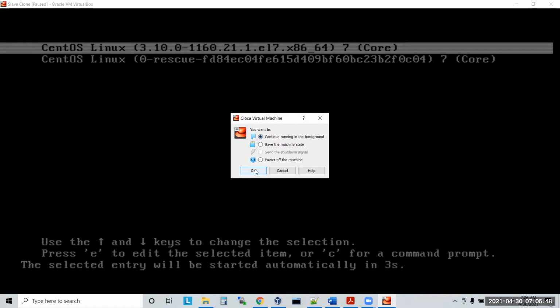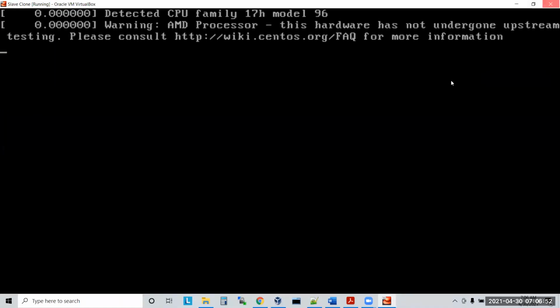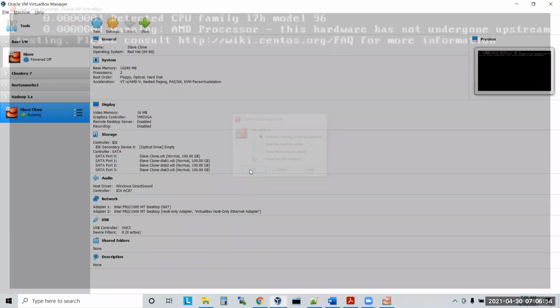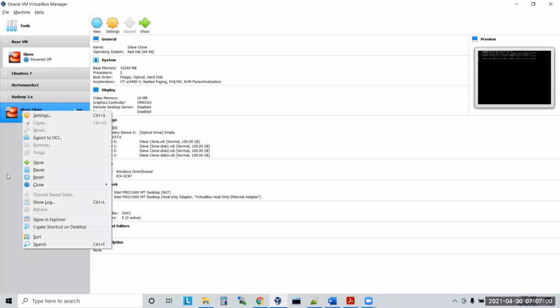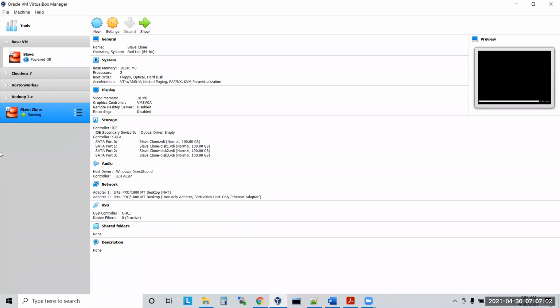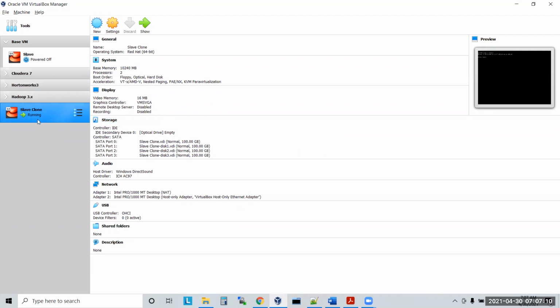If you want to see your window, just double click on this one. If you don't want to, continue running in the background. You want to hide the window, just close it and select continue running in the background. So that's the difference between these three.